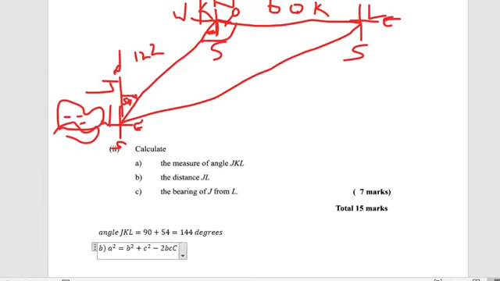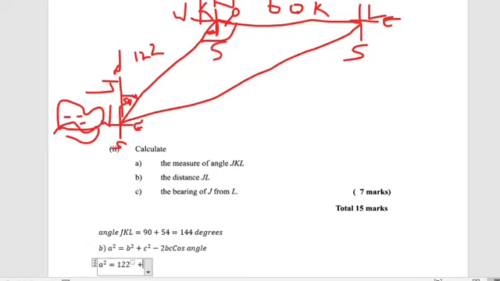The longer portion is going to be our a square, and our b square we're using it. So we have a square is equal to b square, which we're using as 122 square, plus c, which is 60 square, minus 2, and b is 122 multiplied by 60, and that is being multiplied by cos the angle, which is